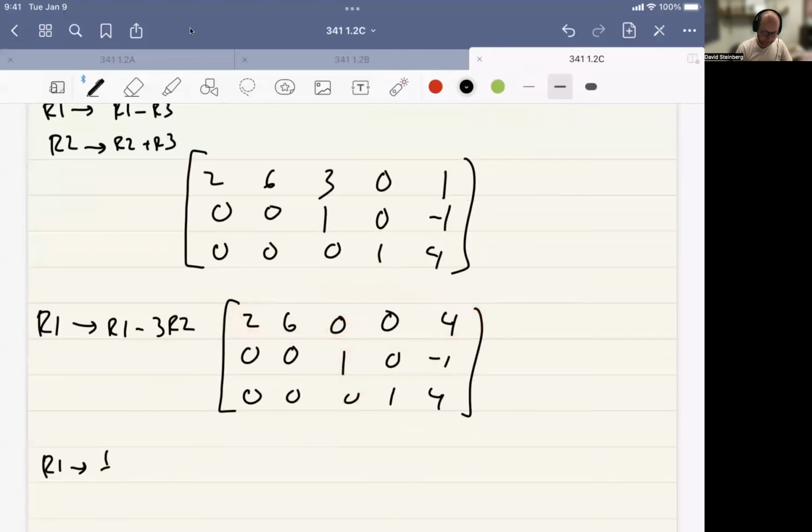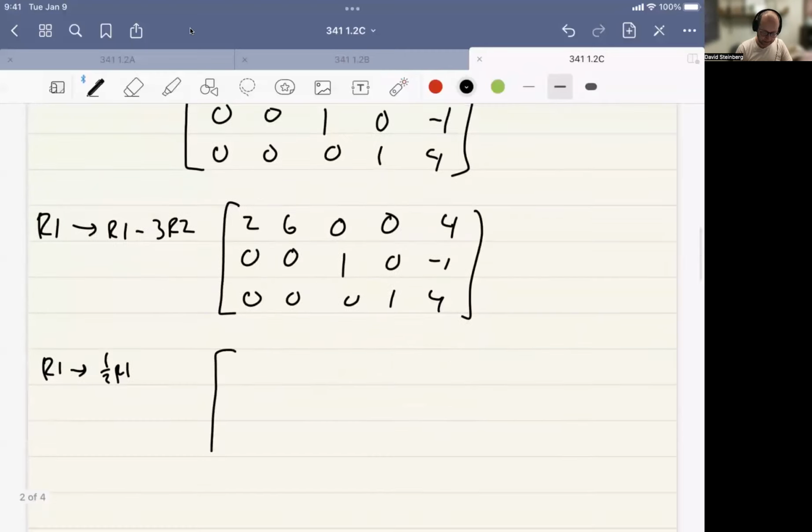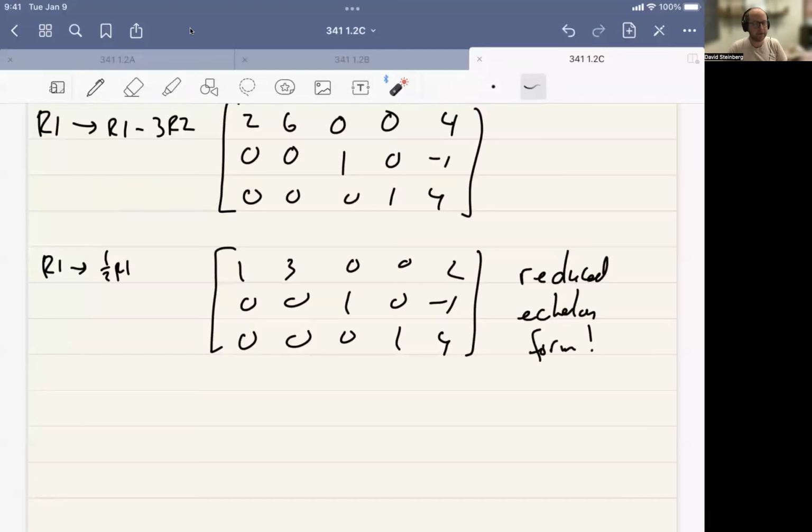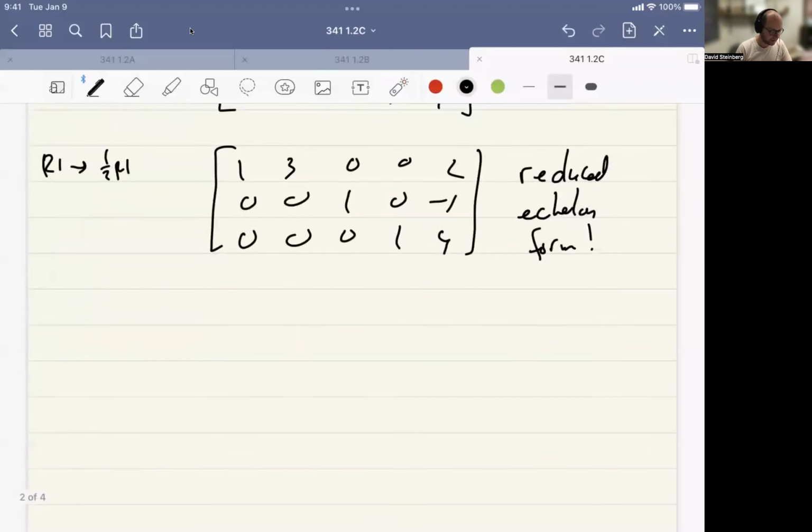So we'll send row 1 to half row 1 to get back 1, 3, 0, 0, 2; 0, 0, 1, 0, -1; 0, 0, 0, 1, 4. And this is our reduced echelon form. One of the reasons we like this is because this algorithm we've found to find row echelon form is giving us a solution to our linear system, or as close to a solution as we can get. So this represents the corresponding